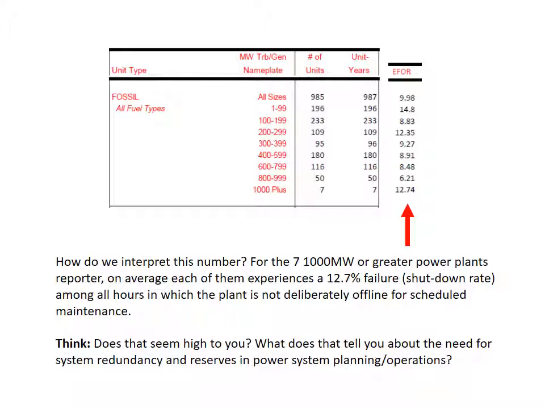and this isn't related to volunteered or deliberately bringing units offline for maintenance. And so that's a pretty high number, right? If you think about